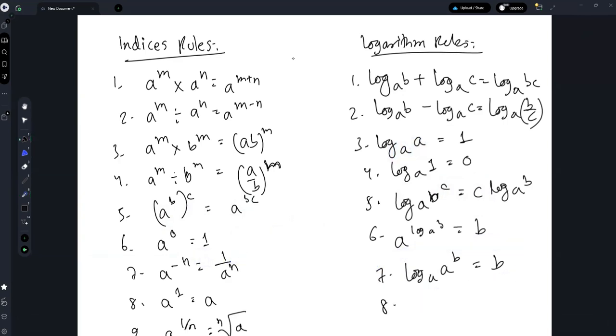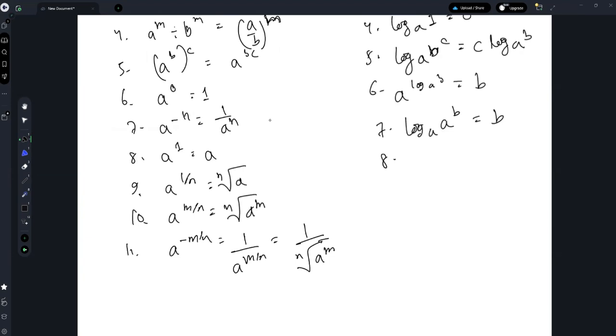Then we have two more rules. One of them is the base change rule. I mean base change as in a completely different base, not anything similar to what I'm going to show you here. Log base a of b, where none of these are going to be the bases, we get log base c of b divided by log base c of a. The last one is where we shift them by writing the reciprocal